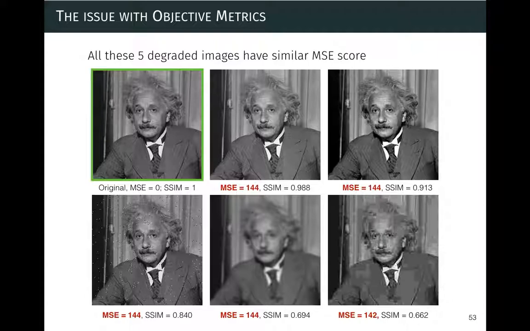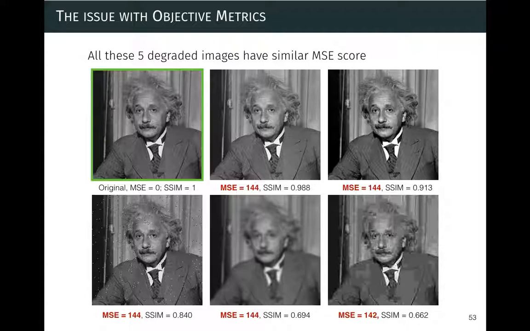And they're trying to match, to regress their technique to the curve that they obtain, to what the humans will find. So they're trying to come up with a formula that will match what human perception is. And this is SSIM. We said that the first one has a score of